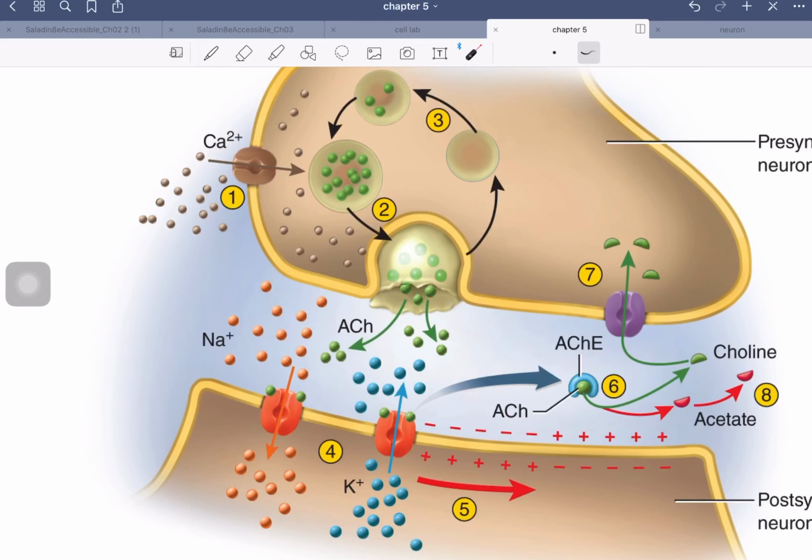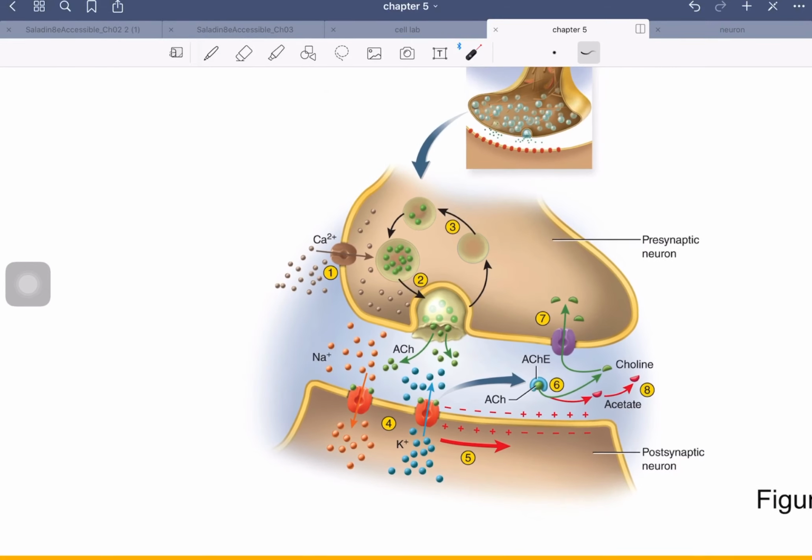In the case of ACh, one of the mechanisms is an enzyme, acetylcholinesterase, which takes ACh and breaks it down into two parts, the choline and the acetate. The choline gets picked up and recycled back into the presynaptic neuron